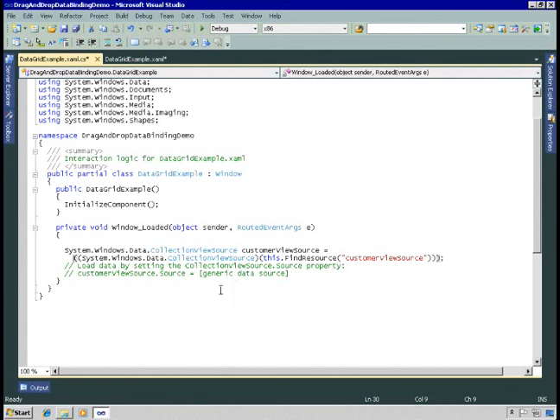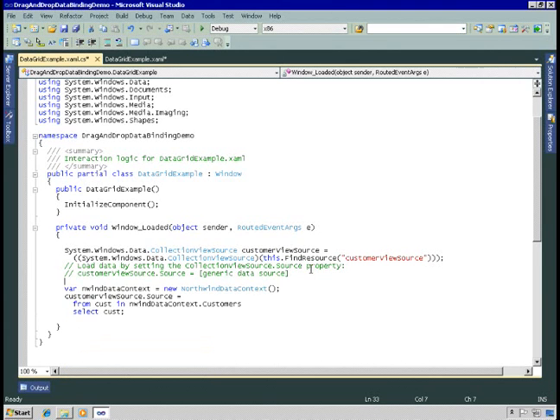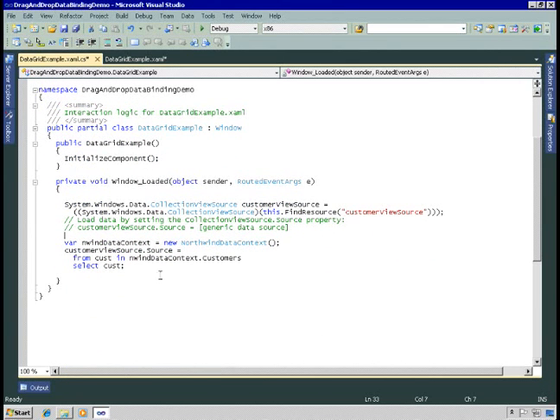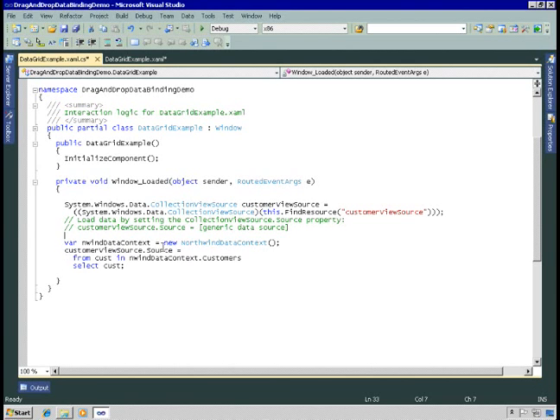Now what we need to do is get some data and populate the collection view. I've got a snippet for this. I just do a simple LINQ to SQL query, bring down all the customers, and set the source property of the customer view source to this collection, which is the collection of customers. And at this point, I can run this application,